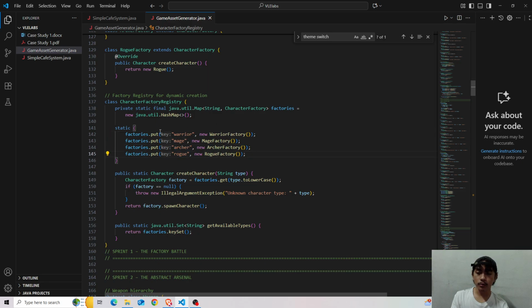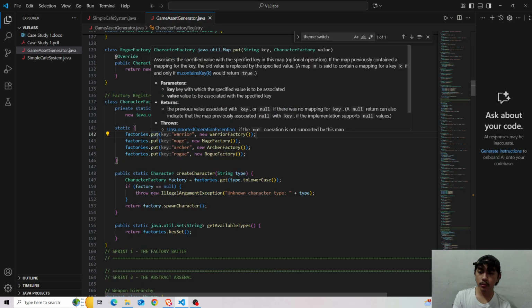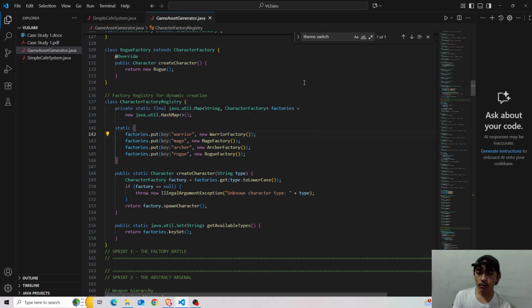So this is how you add or put factories in our hash map. So factories dot put warrior as a string, and then new kind of factory. So for this case, warrior factory, and then for the second one, mage factory, and so on.